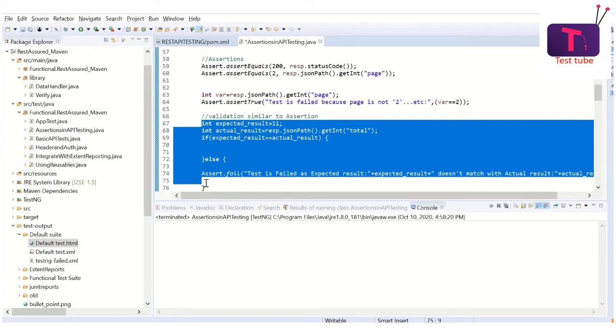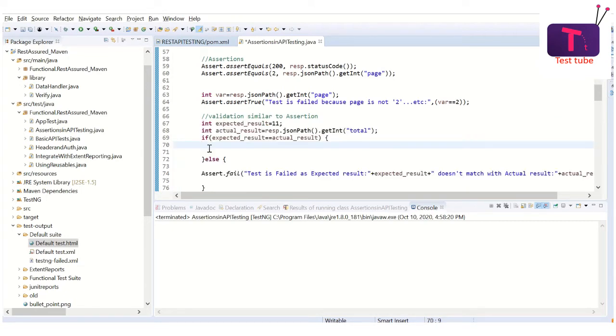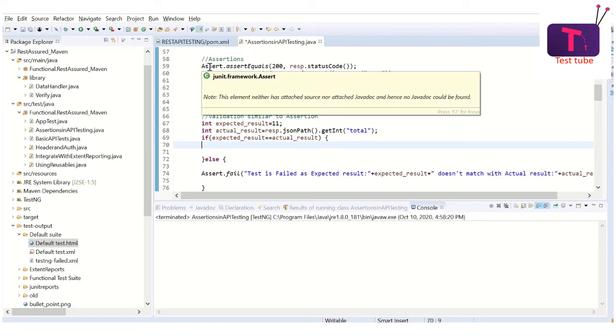Okay, now what I'm going to do is make slight modifications to the internal structure of assert, and I'm going to use it for validations like I do it for asserts. But in addition to what assert is doing, I'm also getting something else done which is not done in assert.